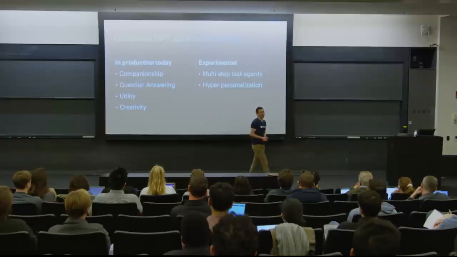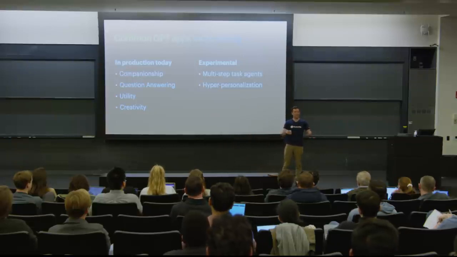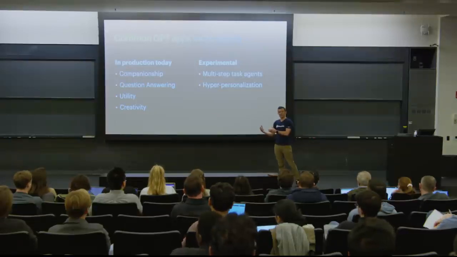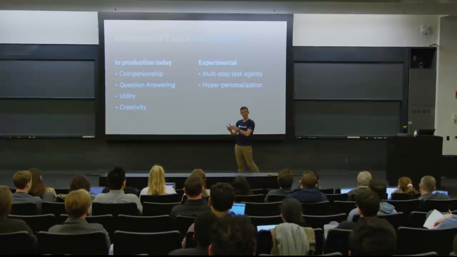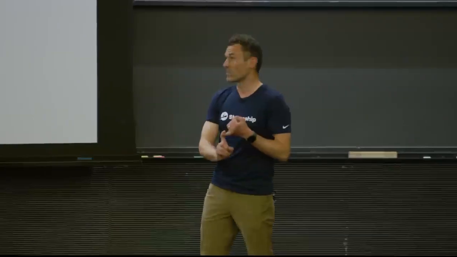Utility functions. I would describe this as there's a large set of things for which human beings can do them, or computers could do them, if only they had access to language computation, language knowledge. An example of this would be, read every tweet on Twitter, tell me the ones I should read. That way I only get to read the ones that actually make sense to me and I don't have to skim through the rest. Creativity: image generation, text generation, storytelling, proposing other ways to do things.